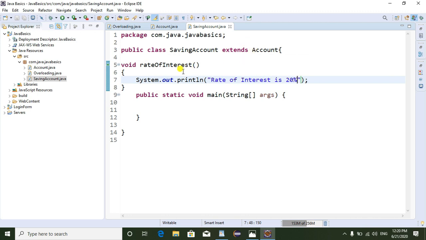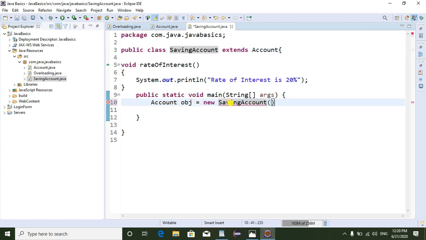So the method name is the same, but the implementation is different from one class to another class. Now I am going to create the object. Through the parent class I am creating the object of the child class. So this is nothing but method overriding.